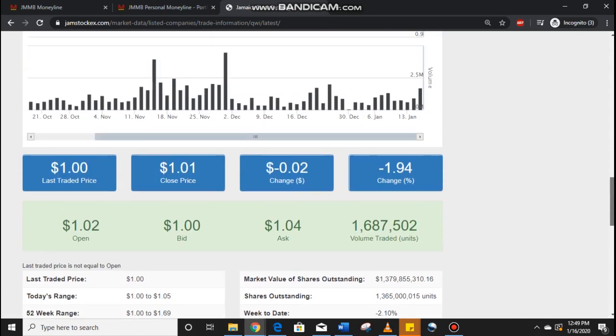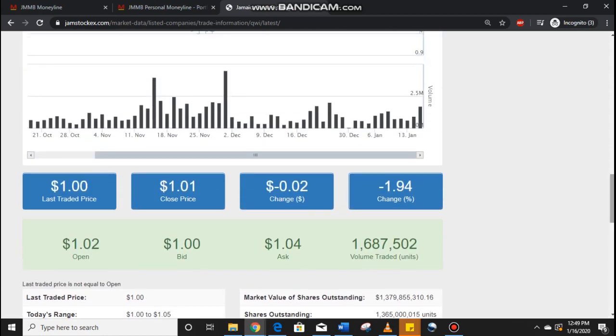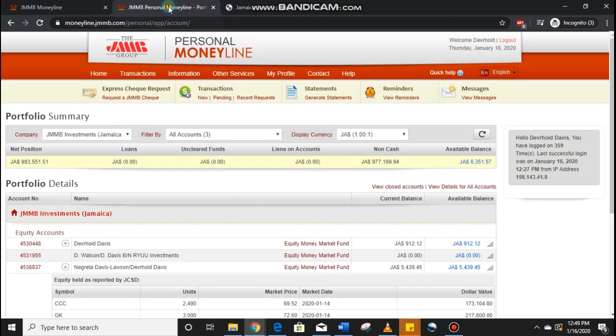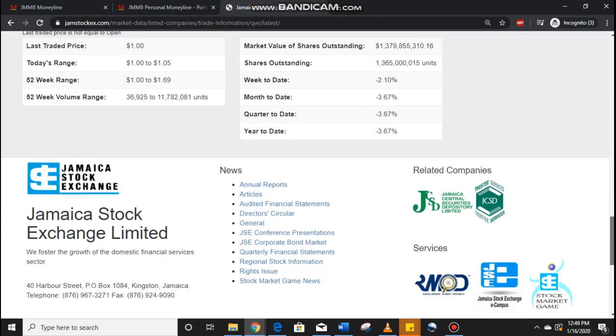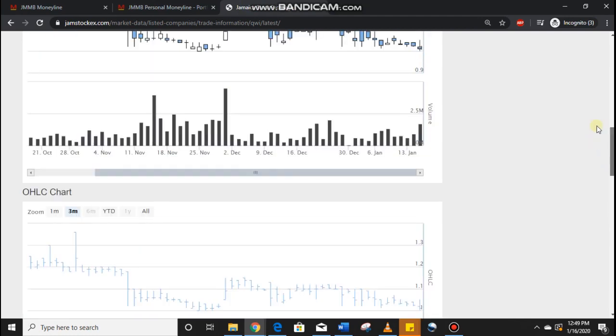Remember, I said I had bought the stock originally at about $1.09, or between $1.09 and $1.16. I honestly don't remember the exact value, but I'm able to buy it now at a discount to that price and at a discount to its net asset value. If you look at the latest news, you'll see the net asset value for QWI